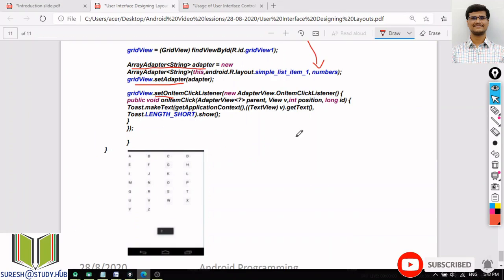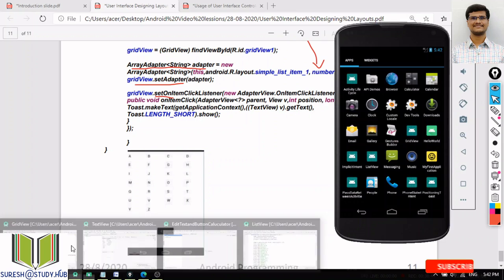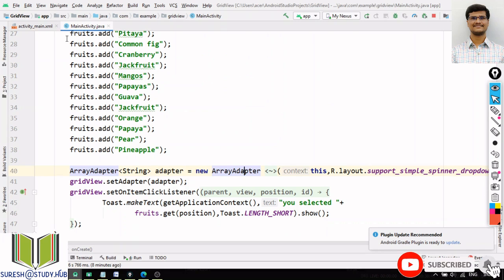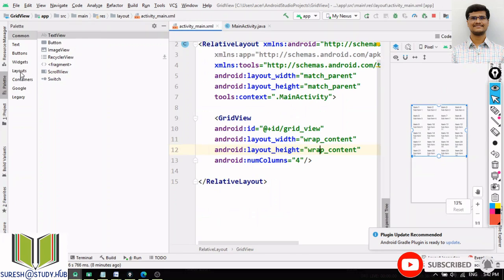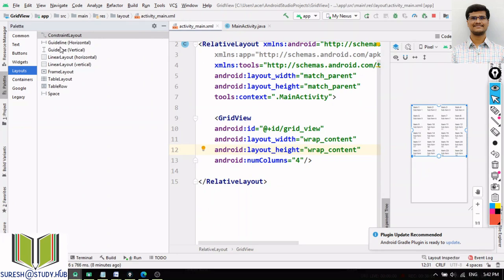We have discussed the layouts, and we have many other layouts also. If I open this over here, in the layouts we have other layouts also, like the grid, guideline, linear layout.